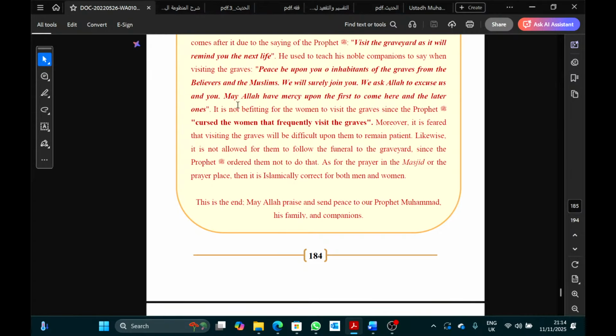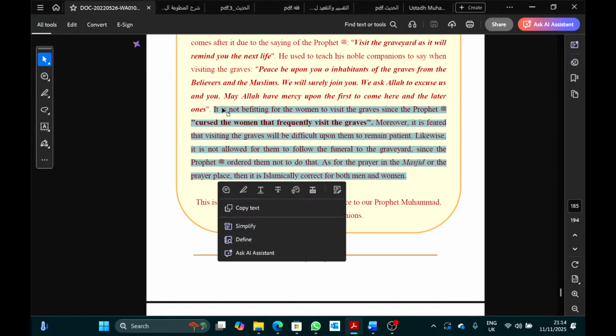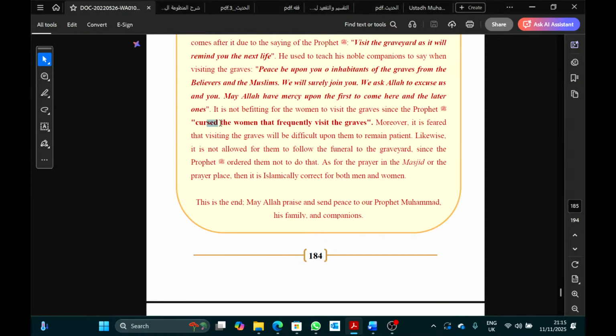As for the women, the Shaykh here mentions that it's not allowed, and that's generally what's acted upon in Saudi. There's khilaf, because here it says a curse on the women that frequently visit the grave. This particular hadith will come inshallah in Kitab al-Tawheed. One narration says za'irat al-qubur, that Allah has cursed the women that visit the graves. But there's another narration that says zawarat al-qubur, those that frequently visit the graves again and again and again. That is what women shouldn't do.